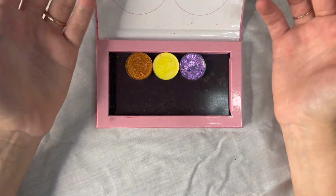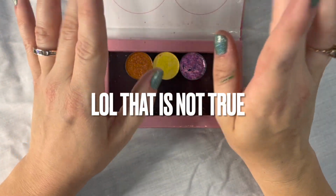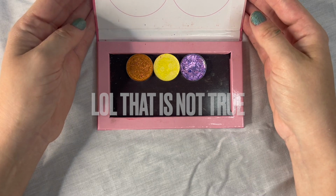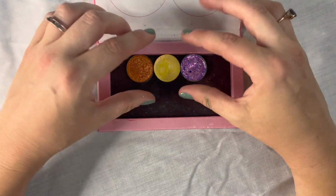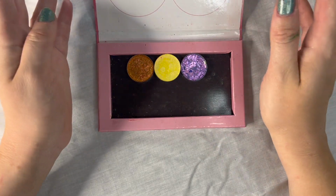Hello! I'm coming at you with a very short, sweet, to the point brand overview for Quicksand Cosmetics. So if you want to see some swatches of a few of their shades, as well as hear my thoughts